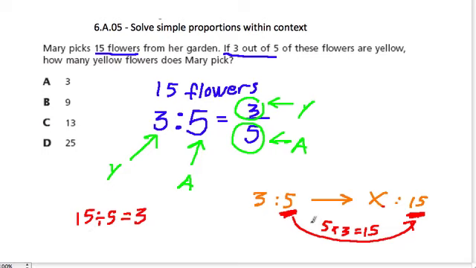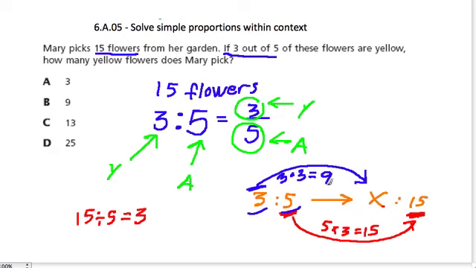Now, since our goal here is to keep this proportion constant, they don't say that. The proportion just says that 2 or more ratios or fractions are equal. Since everything needs to remain the same, we're also going to multiply this part by 3 as well. So it's called scaling up, right? We scale up the 3 and the 5 by a scale factor of 3. So we multiply 3 by the same number, which is 3,